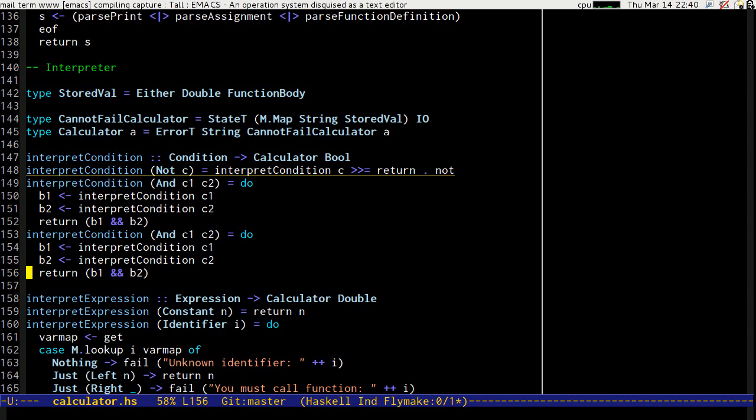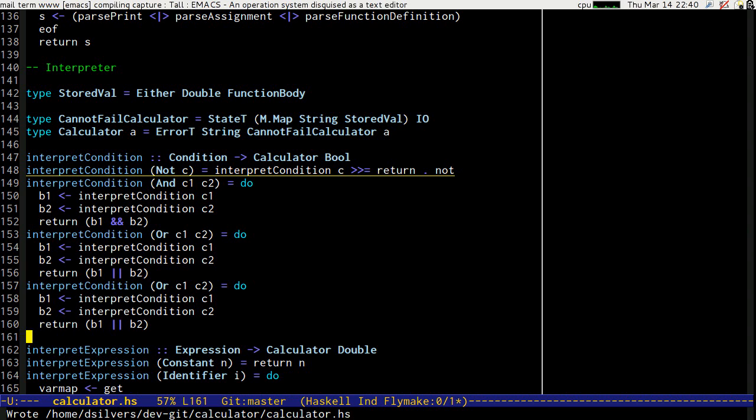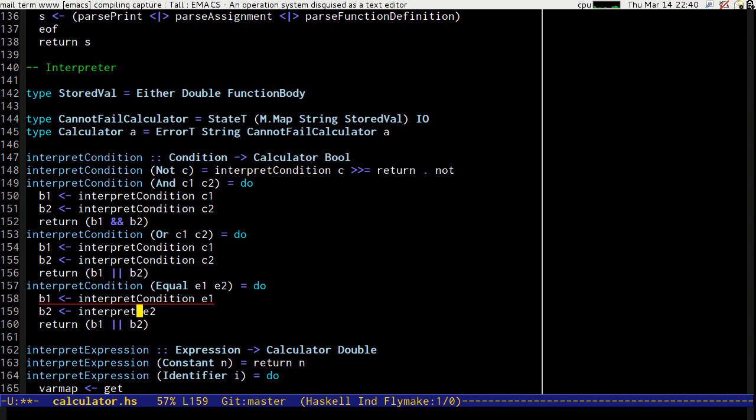Let's do the same thing, but obviously with the or operator for or, and approximately the same thing for equal, except obviously we're going to have to interpret expressions rather than conditionals, and we're getting values back, and we want value 1 equals value 2,